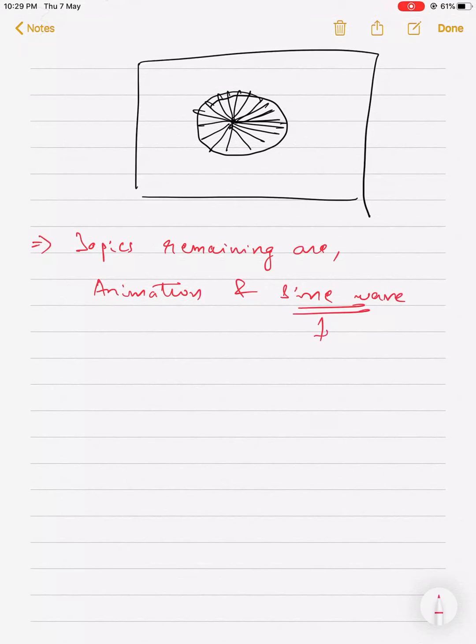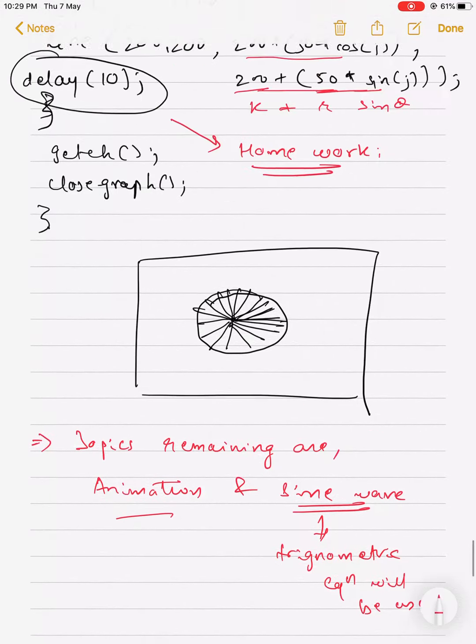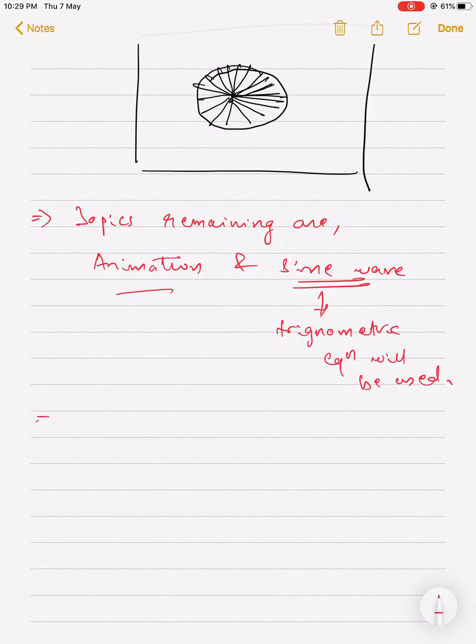In sine wave also, trigonometric equations will be used. So I hope this is clear. In the next class we'll discuss animations and sine wave, and please try the circle. Try the circle and let me know if any problem. Thank you.